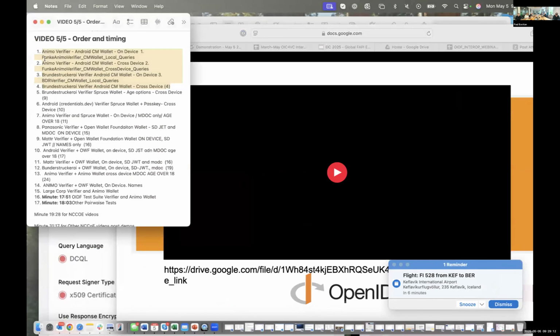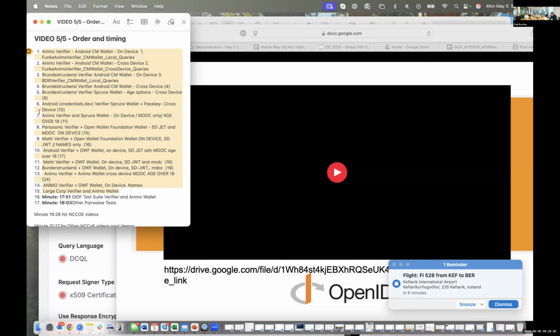This is the order, you may not be able to see that very clearly, but we're going to go through about 15 of the pairs and then end with the OIDF test suite. I think I've got most of the pairs covered through different configurations, starting with the Animo verifiers and the Android wallets, then going into the Sticker.ai verifiers with the Android Credman wallet.